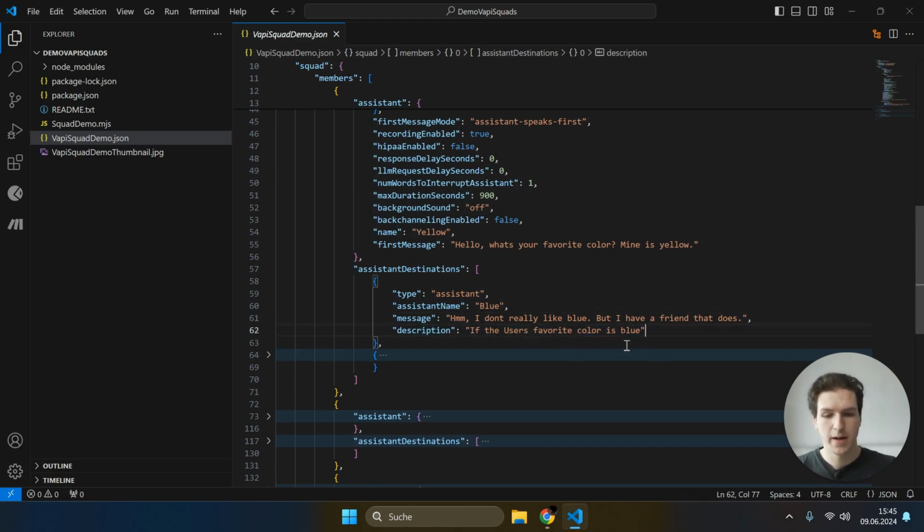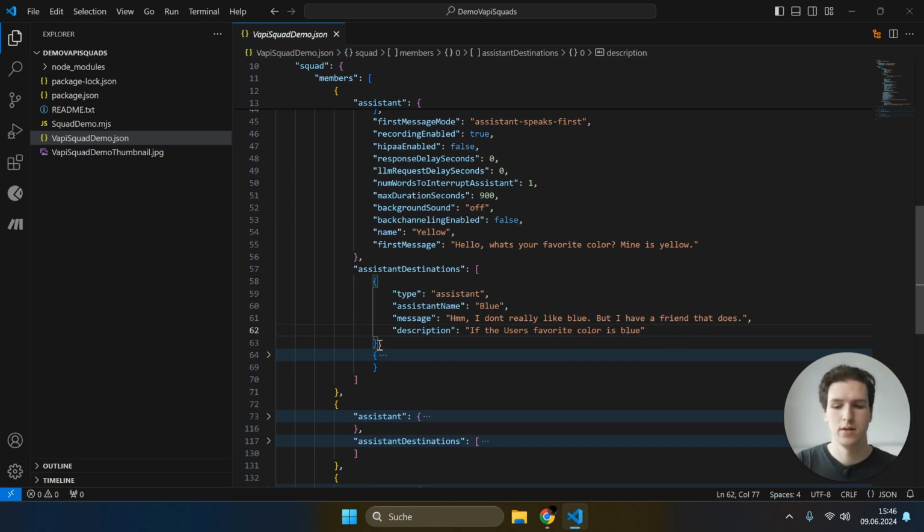important part. Now in my demo, I have specified that the members should only be switched if the user's favorite color is blue. If I were to talk only about blue with the assistant, then it wouldn't switch. I have to specifically say that blue is my favorite color in order for the switch to happen. So here you have to watch out and be very careful with what you put in here in order to not confuse the AI. Because otherwise you will be wondering, well, why doesn't it switch? Well, because you have messed up at this point here. Again, if I were to only talk about blue and not mention that it's my favorite color, then the switch